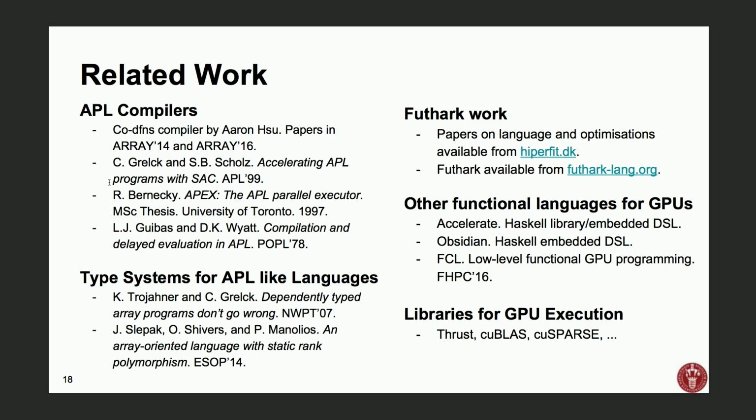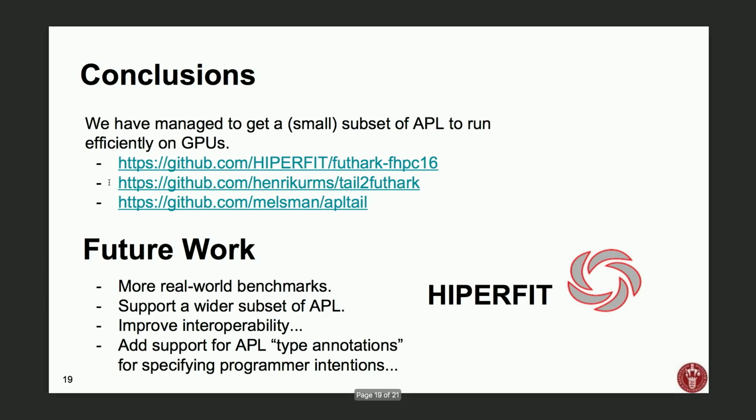And we would of course like to collaborate on finding out what subset we should support. More real-world benchmarks are probably needed to see how we can deal with this wider subset of APL,